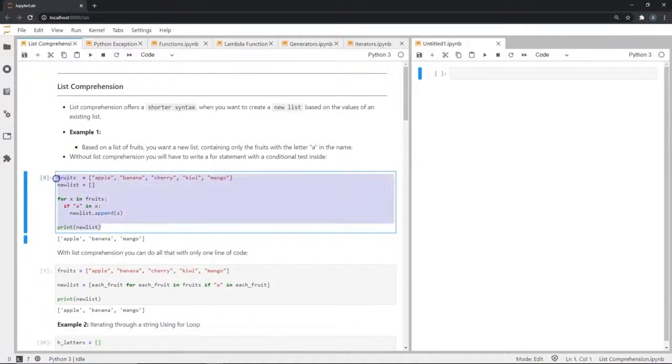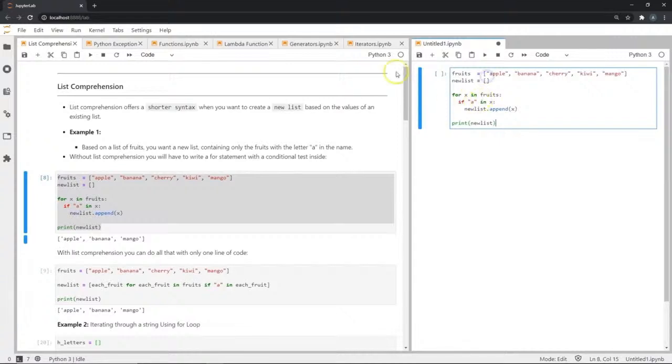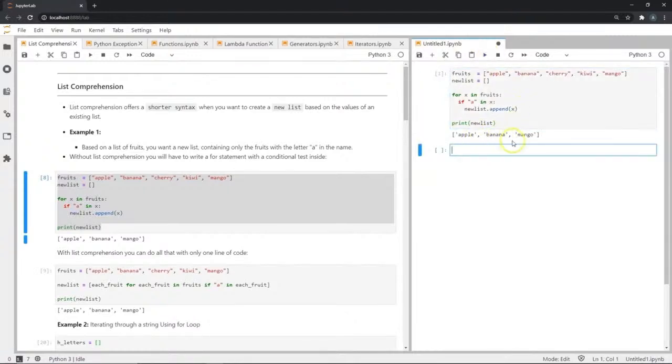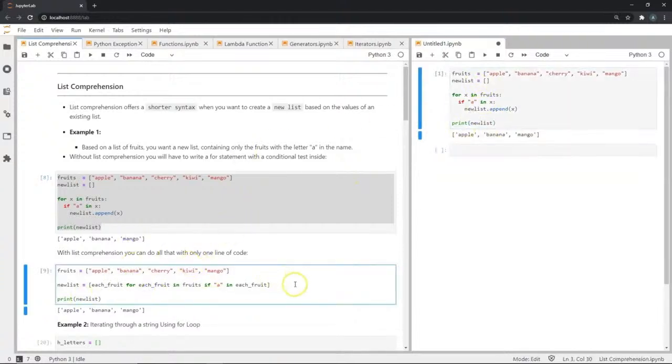Traditionally, if you look at this piece of code, this would do what we want to do, but it contains a few extra lines. But yes, it does do what we want. Now what if there was a way of doing the same thing by just writing one simple line of code? And that exists, as you can see here. So I take the same